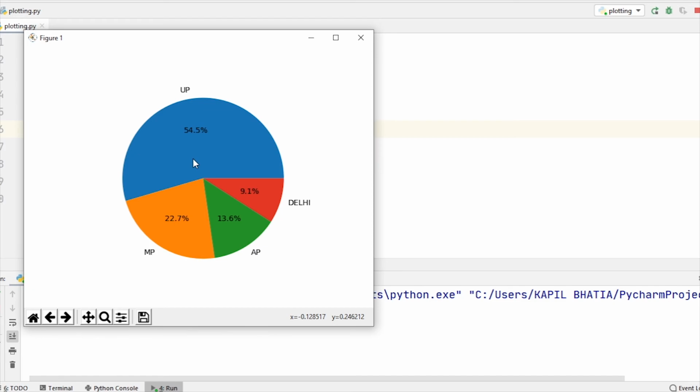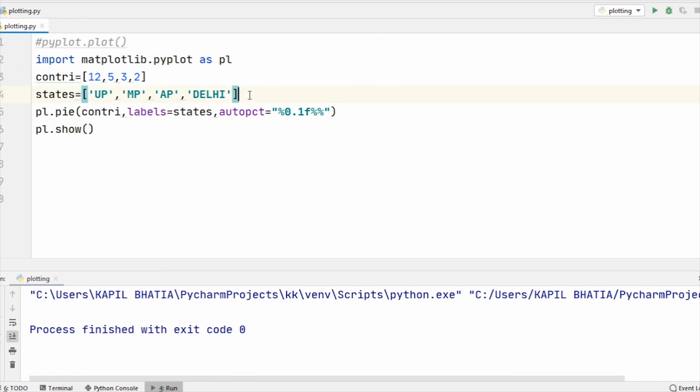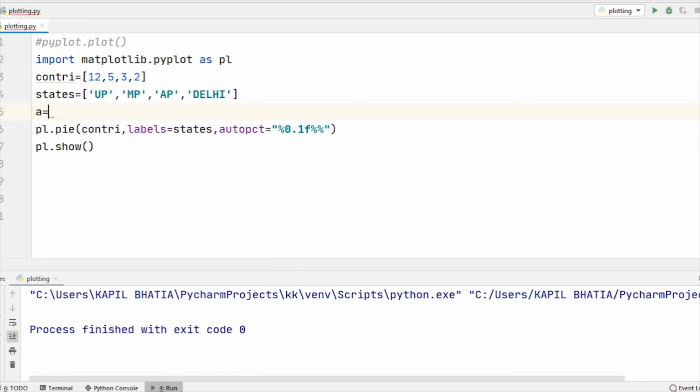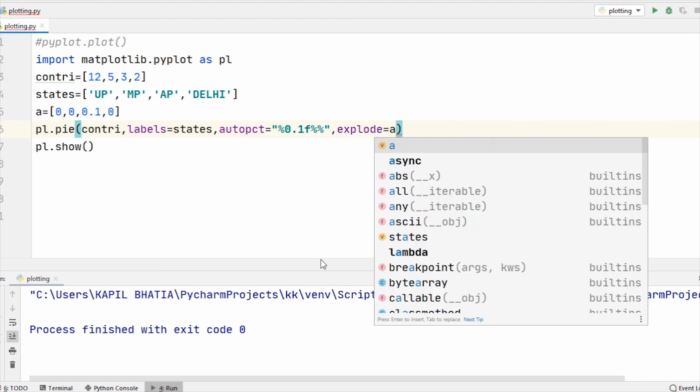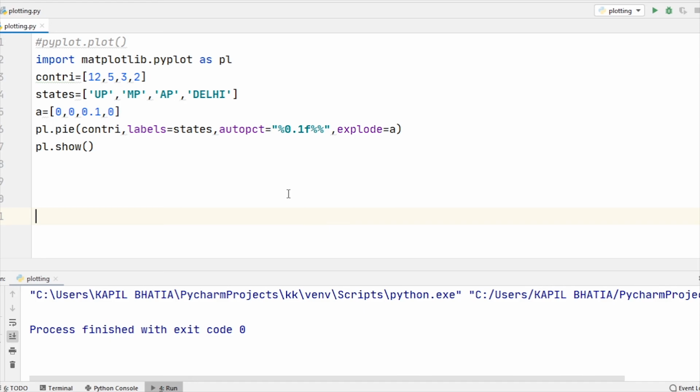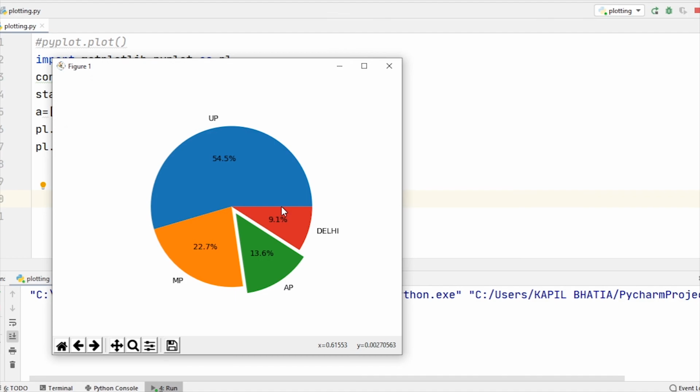If we wish, we can also separate one or more slices from the rest of the chart by using the explode keyword argument. Now I am showing you how to use it. Suppose here I define a list whose elements are 0, 0, 0.1 and 0, and here I am using explode equal to that list. When I run this code, we observe that the third slice, representing Andhra Pradesh's contribution, has been moved a little bit out.